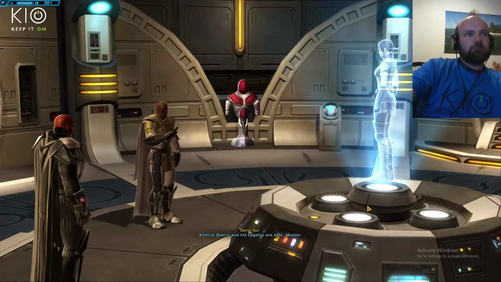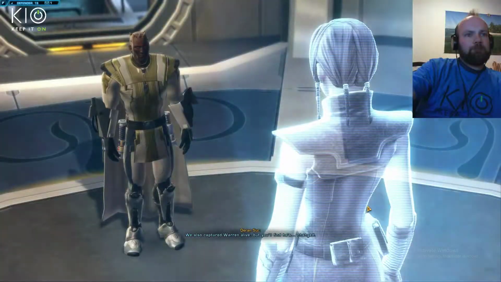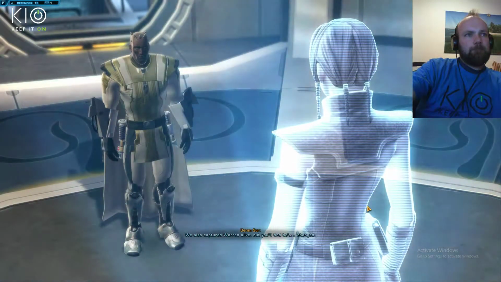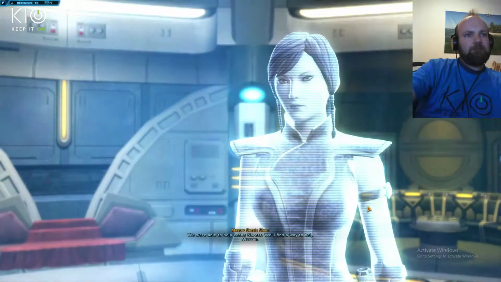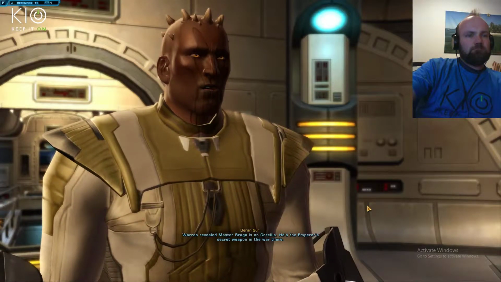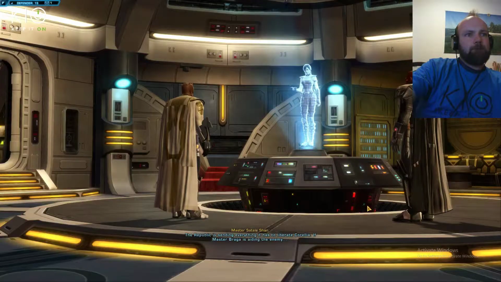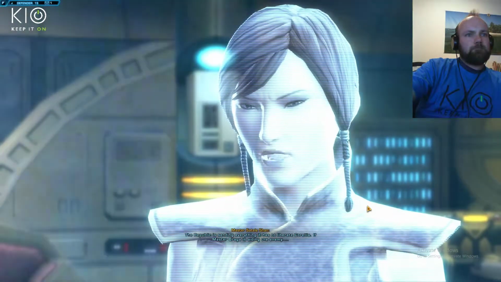Admiral Dabrin and his flagship are safe, Master. We also captured Warren alive, but you'll find he's changed. We were able to help Liha Nerez. We'll find a way to help Warren. Warren revealed Master Braga is on Corellia. He's the Emperor's secret weapon in the war there. The Republic is sending everything it has to liberate Corellia. If Master Braga is aiding the enemy...